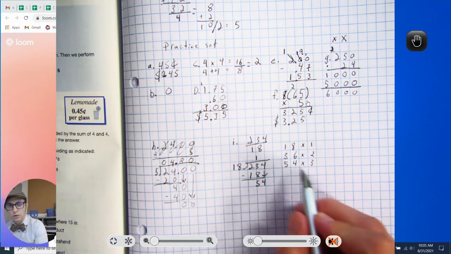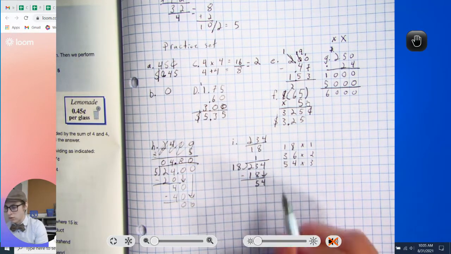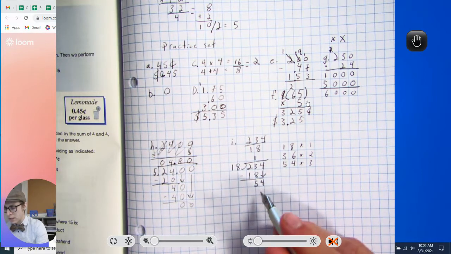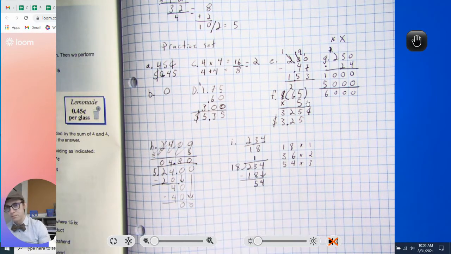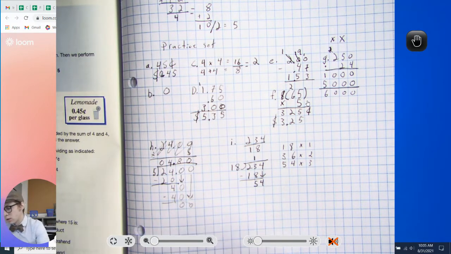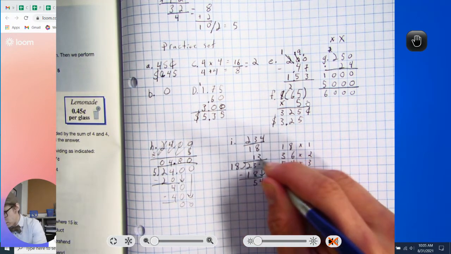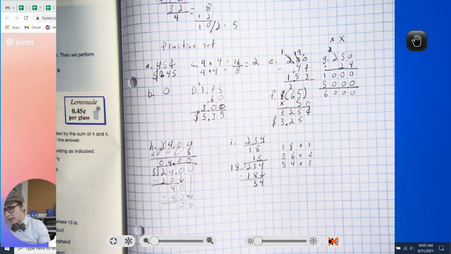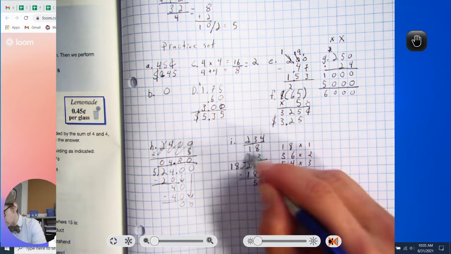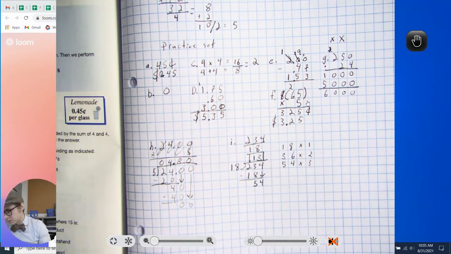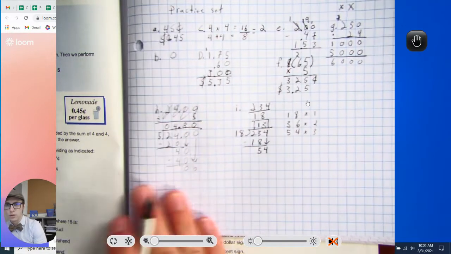You can do it the longer way of multiplying it by each one to see how close we get to that number. It's a little bit of a pain. It's not really elegant, but sometimes that's what we've got to do. So 18 goes into 54 perfectly 3 times. So my answer is 13. All right, let's move on to